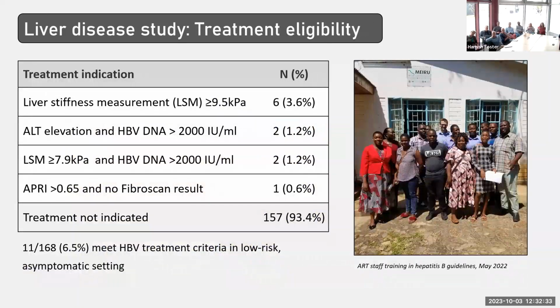And then finally, in terms of assessing treatment eligibility, we work people up to the European gold standard criteria. Of our group of 168 that we assessed with Hep B, we found that 11 of them met our criteria. So that's 7%, 6.5%. And this is in an asymptomatic population of people who we picked up through routine surveillance. So this is lower than some of the studies